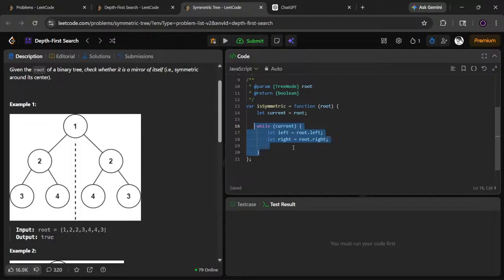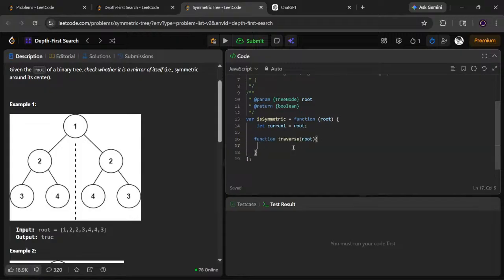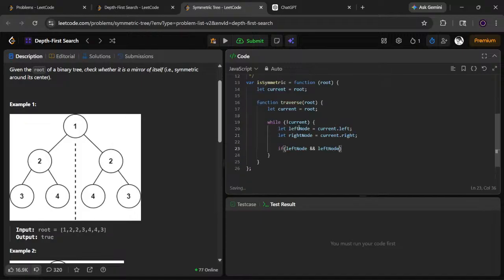Since we're doing well, not of current and node dot bar equal equals right, and then